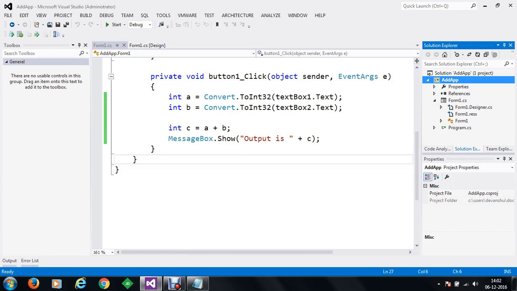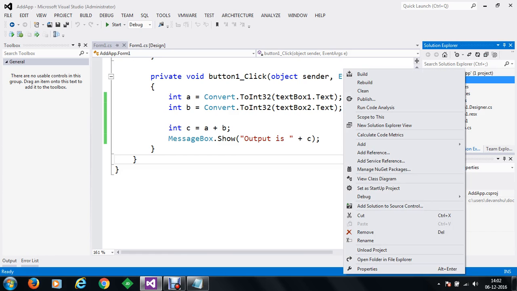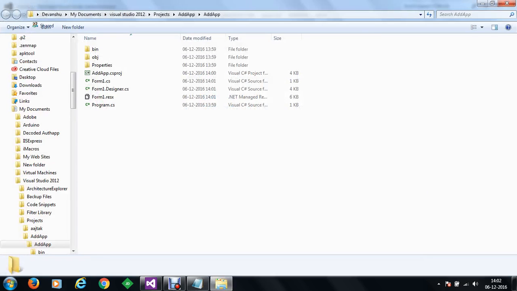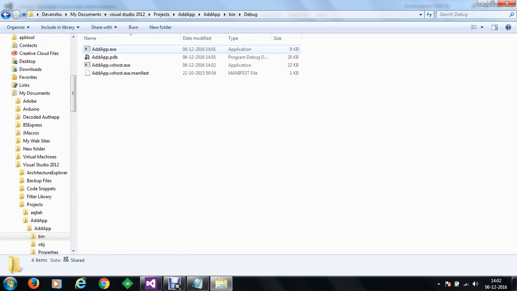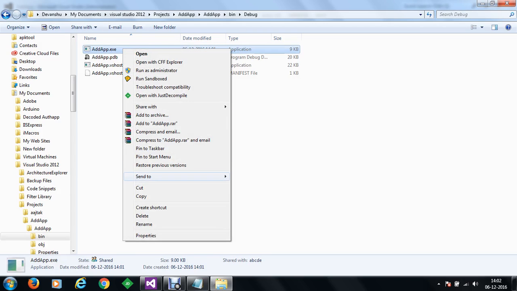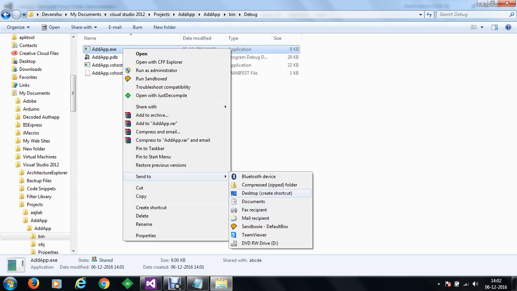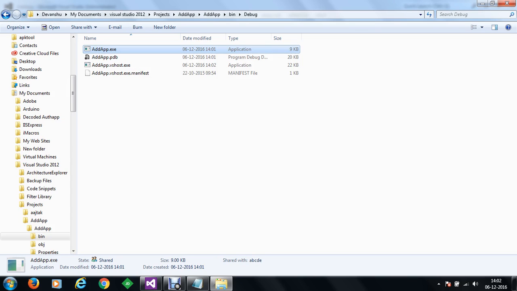We'll select our project addapp, right click on the project and open folder in File Explorer. Within the bin directory, which is for binary, we have debug, and within the debug directory we have addapp.exe. So let's send this to our desktop so that we can easily test this application.